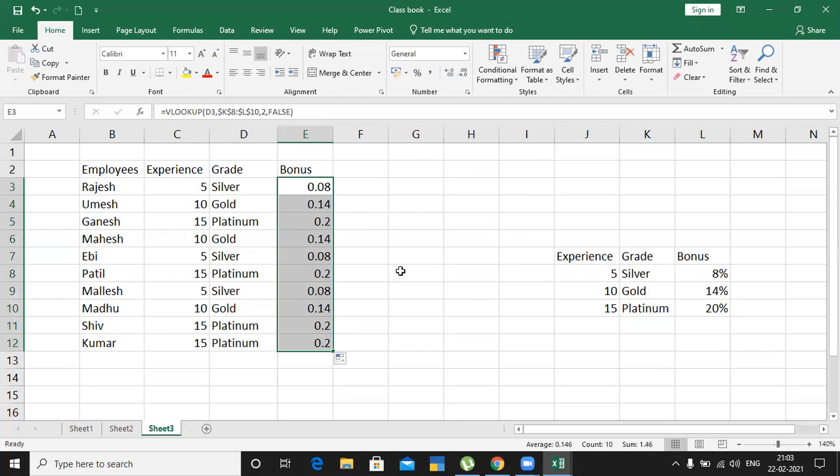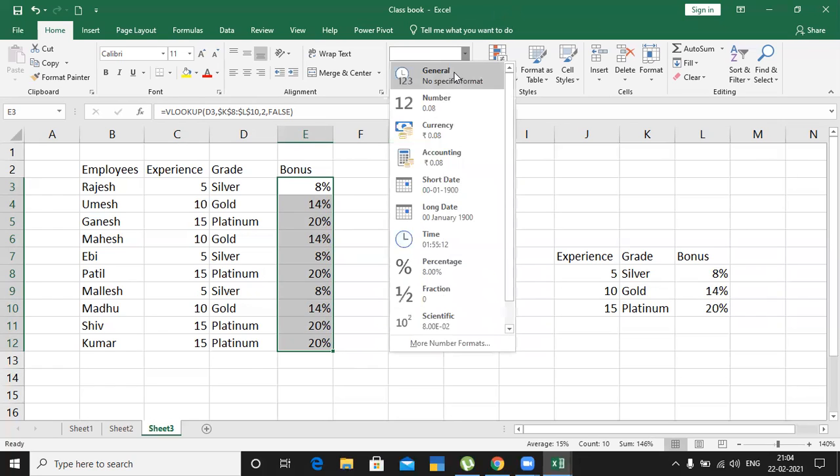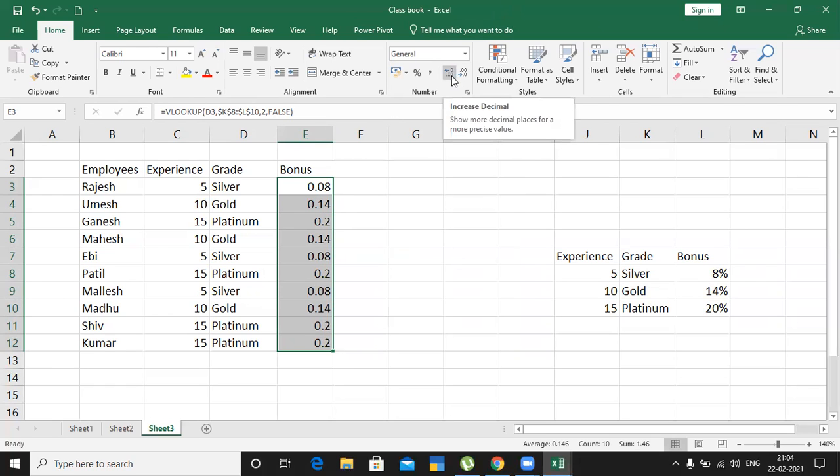But now it seems to be value-wise, not a percentage. To get the exact percentage, you have to click the percentage sign. See what happened, it's converted. If you remove this, it will go back. The entire range I selected is affected with the percentage format. If you don't want it, make it General. It will convert into decimal values like 0.08, and you convert directly into percentage by clicking this area.